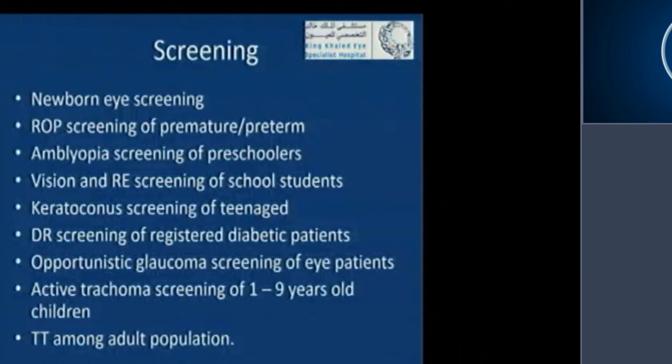One thing which I have added anew this time is screening, because more and more screening factors are coming into ophthalmic services, whether in the institution or as part of prevention of blindness. We have newborn eye screening, ROP screening, and amblyopia screening of preschool children. These are all recommended by international bodies. Whether they are happening in a particular country or not is a different thing. Vision screening for school children,